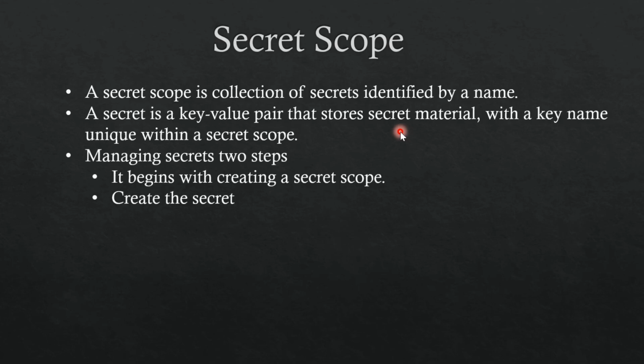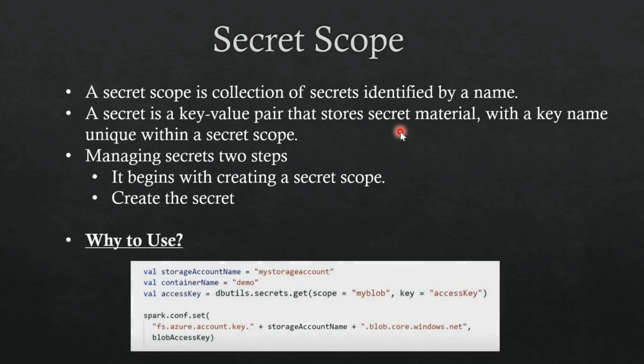Managing secrets includes two steps. Let's say you want to create your secret, but for creating your secret, first of all, you need to create a secret scope. Once you have created a secret scope, inside that bucket, you can create a secret. I'll explain with a particular diagram in the next slide. So why exactly will you need this? You will need this because you don't want to explicitly mention any kind of authorization key, password, access code, or